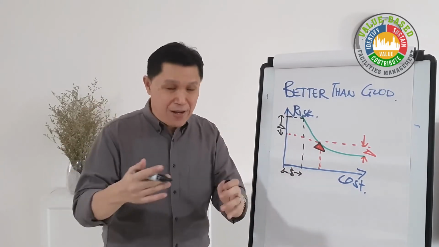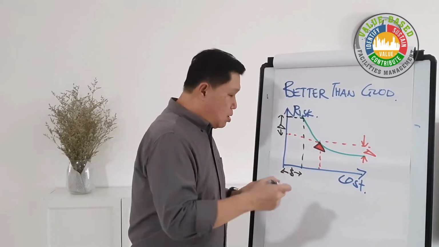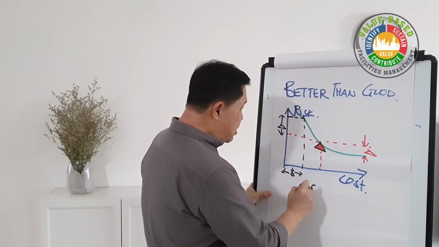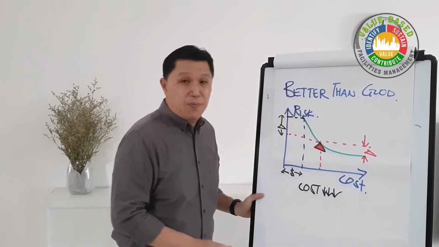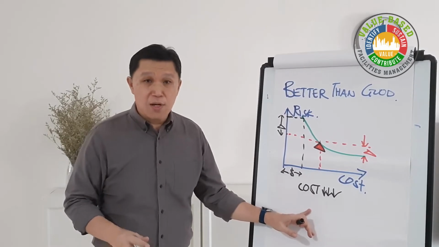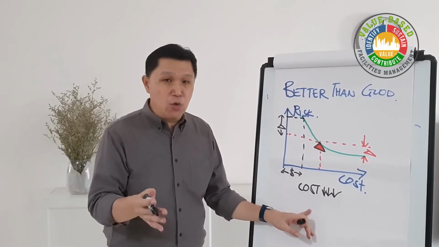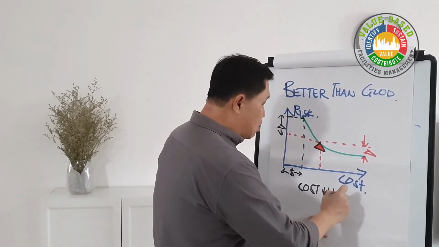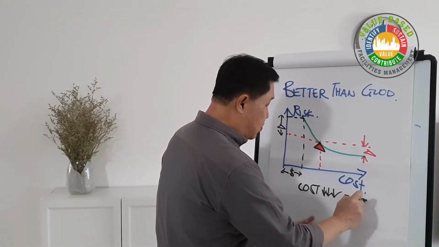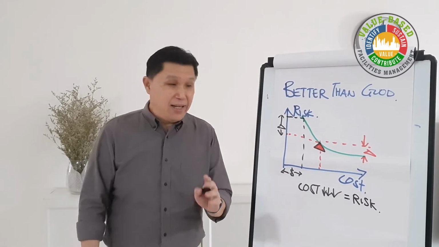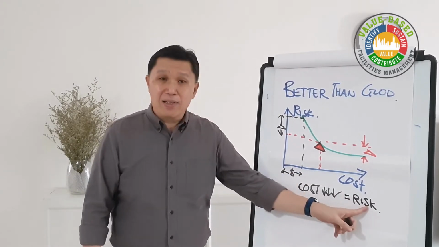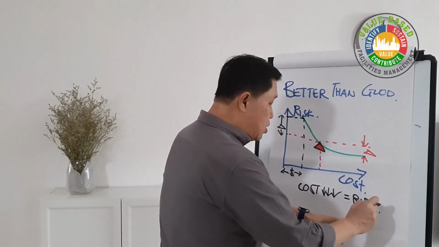Give an example: you may be spending the cost at almost the optimum, lowest cost. But what I'm impressing upon you is, how about considering the risk? Low cost, but the risk may still be at its